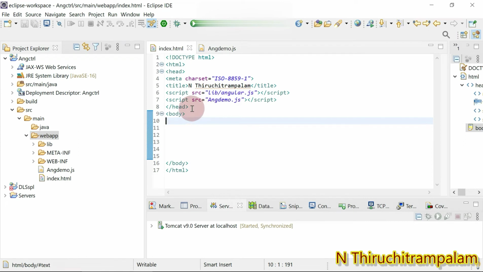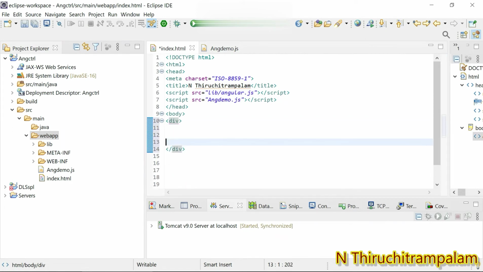So here I create the div element. Within this div I use the ng app. Let me use data hyphen ng hyphen app equal the app, I mean the module we created, the name of the module is ANGC. Okay, and then again data hyphen ng hyphen model.